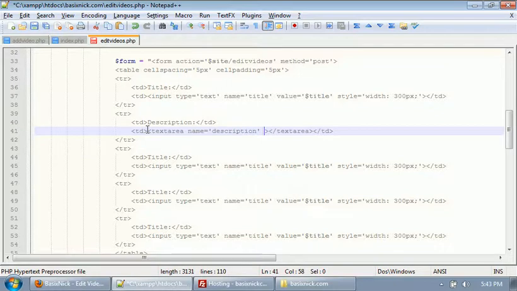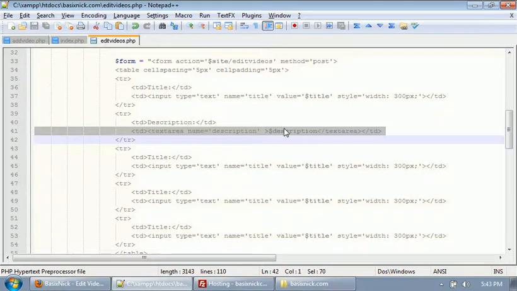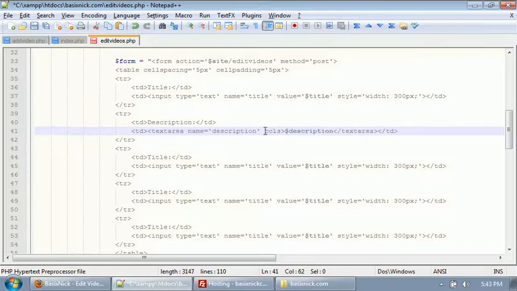And instead of setting a value, what we want to do is, right before our end text area tag, put our description variable right there. That's how text areas work. So we want to set cols equal to, you can leave it blank, and rows, leave it blank. The reason is I'm going to set style tags so I can make everything align properly. So we're going to set a width of 300 pixels and a height of,